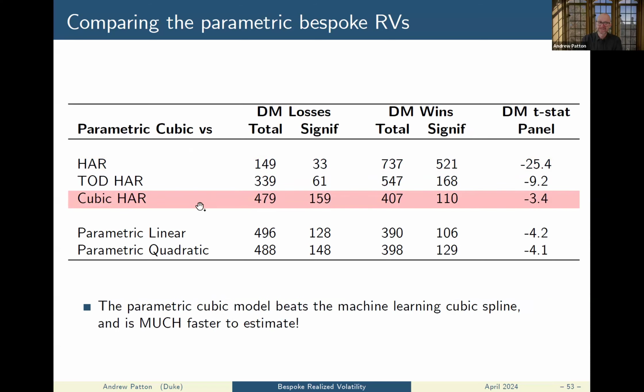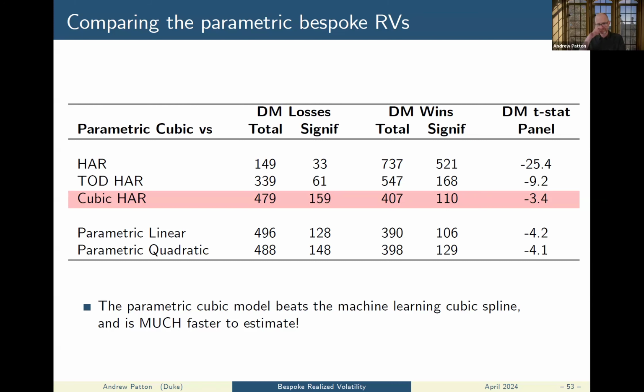It also beats the cubic HAR model. So it doesn't beat it on the head-to-head. So it's slightly fewer wins, but it beats it when you aggregate across all. So there must be that some of those wins it has are big. So the big losses, big improvements in out-of-sample loss. And the overall t-stat is -3. So this is still very significant at any conventional level. So this parametric model beats this fancy machine learning type estimation method, and you can do it on your laptop